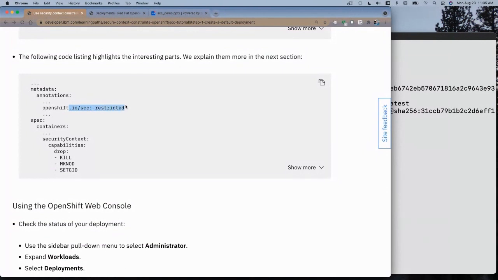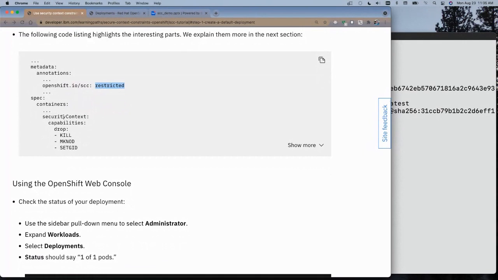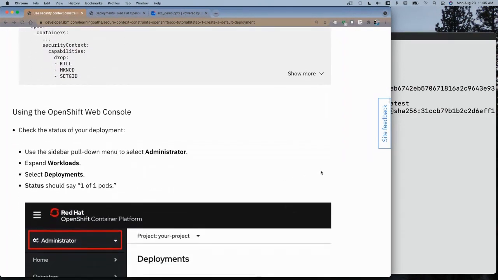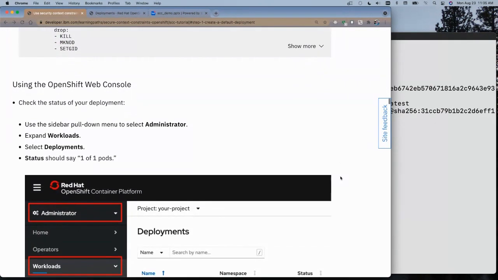it will show you what SCC was selected. So it used a restricted SCC. It includes a spec that has a security context. So we didn't ask for this, but by default, it said, don't let them use kill, make node, set group ID. If I want to do the same thing in a much more visual way, I can use the OpenShift